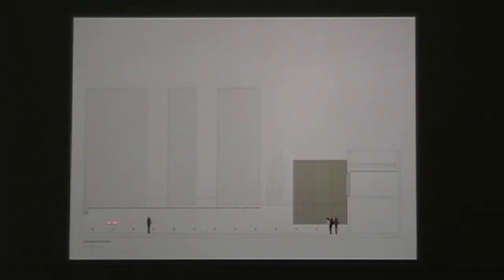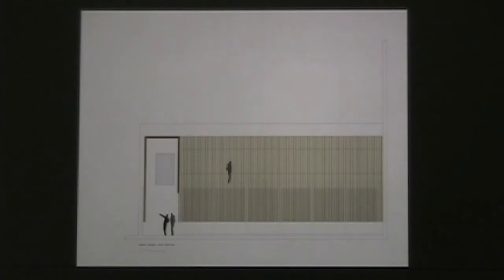So we decided to take the alleyway, to demolish the first box, create another one of glass, maintain the second one, and wrap the whole envelope with a skin of wooden slats, which would refer to the material that this family has been working with for years, but at the same time would be light enough as to propose a non-invading, non-blocking relationship between the houses and the space.